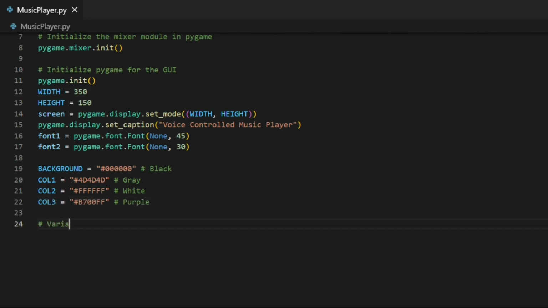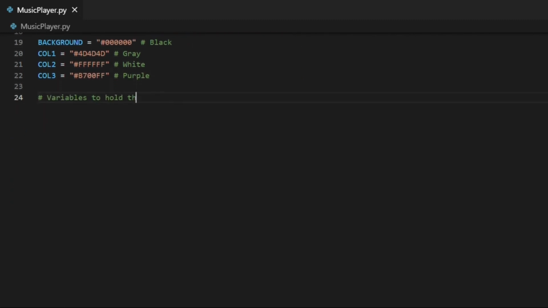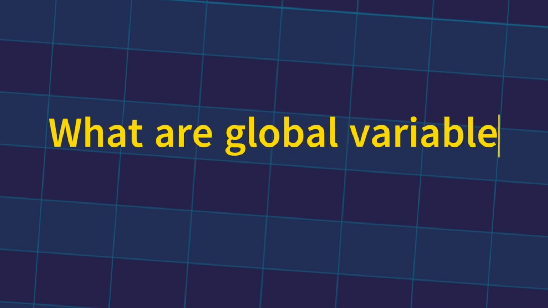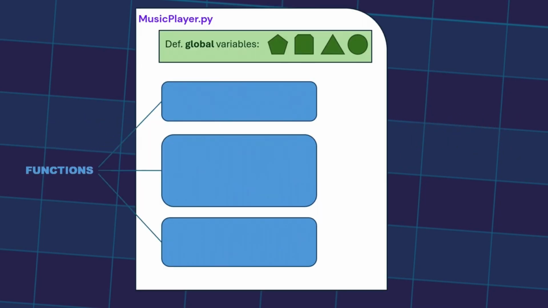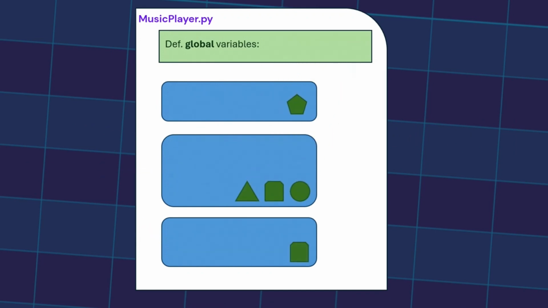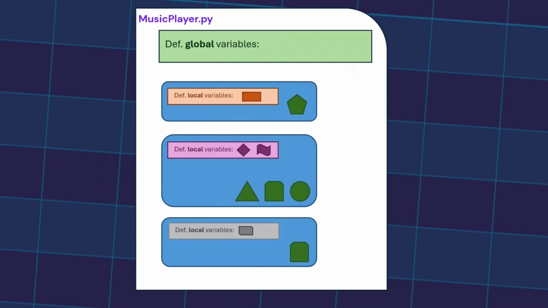We'll need some global variables to hold the current state of our music player, such as the song title, singer, playback status, and timings. What are global variables? Global variables are variables that are declared outside of any function, and they can be accessed and modified from any part of the code. This is different from local variables, which are declared inside a function and can only be